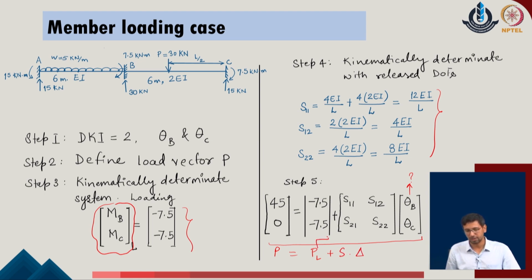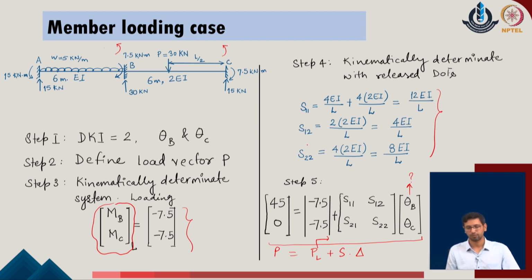P of L, typically, if the member loads are not provided, will be 0, because that will not contribute to any amount of the fixed end reactions appearing at the ends of the given system. And in cases where the member loads are provided, corresponding to the identified member loads, we calculate the fixed end reactions of the system, and then in the directions of the identified degrees of freedom, which were theta b and theta c in the original problem, we evaluate their values.